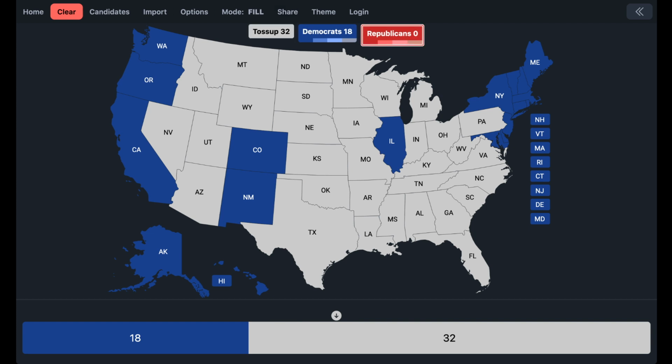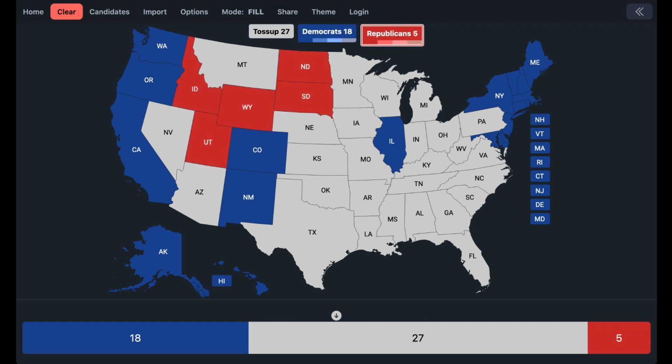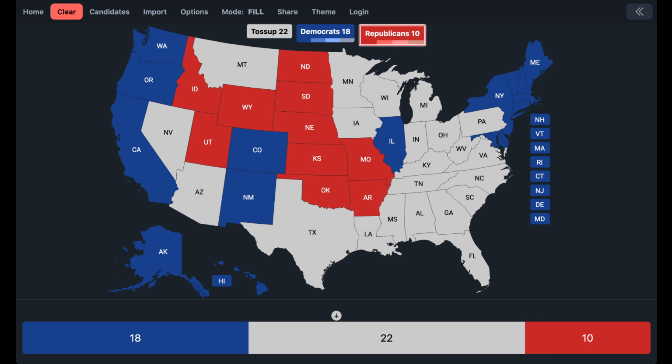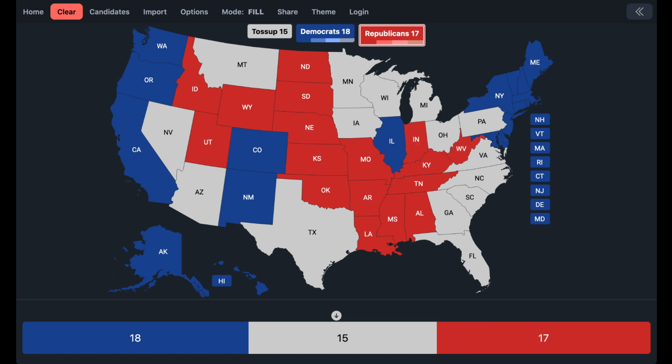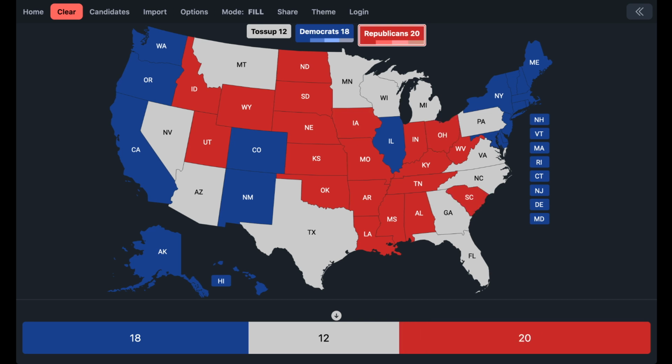Let's just keep filling in these Republican ones. And yes, it is pretty much just based off of each state. Each state doesn't have a separate amount of electoral votes. It's literally just you need to get 26 states to go with you to win the presidency, and the Senate chooses the VP pick, basically. So I'm going to just continue filling this out.